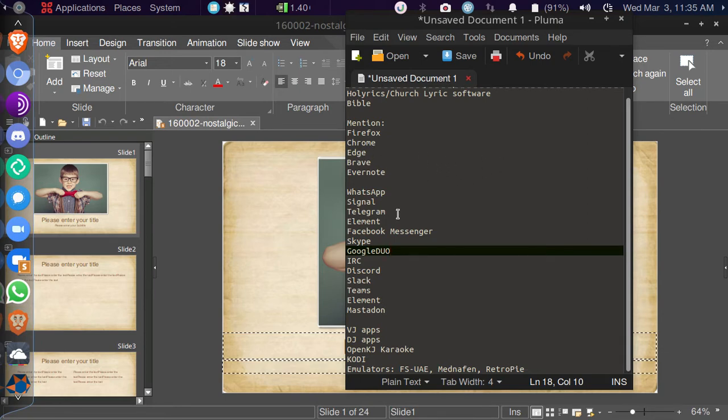Evernote, WhatsApp, Signal, Telegram, Element, Facebook Messenger, Skype, Google Duo, IRC, Discord, Slack, Microsoft Teams, Mastodon. You got VJ apps for clubs, DJ apps, karaoke DJ apps, Kodi for your media center, emulators galore for video games. You got RetroPie,